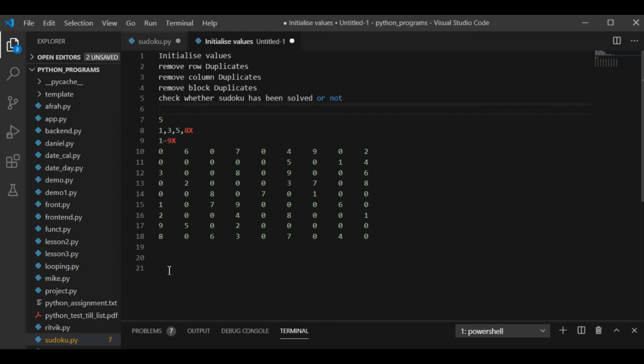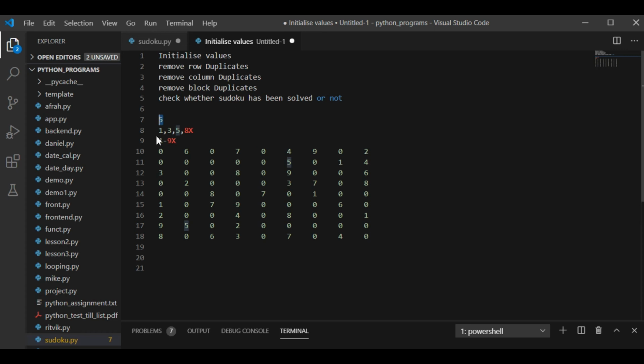So what we are going to do is make a subroutine that is going to remove all the row duplicates. After checking the row duplicates, I find out that I can have only these possible four values for that particular cell, right? But then the third condition was that I need to check the column as well. When I checked with the column, I find out it can have only one value, which was my actual target, that I can have only one single value for one cell. So this is how we are going to work.